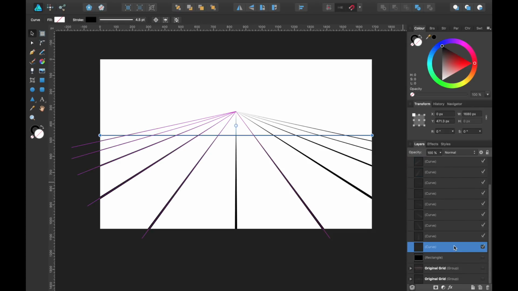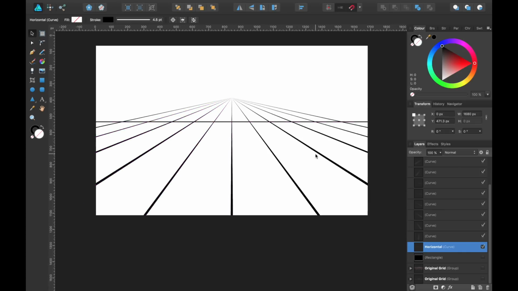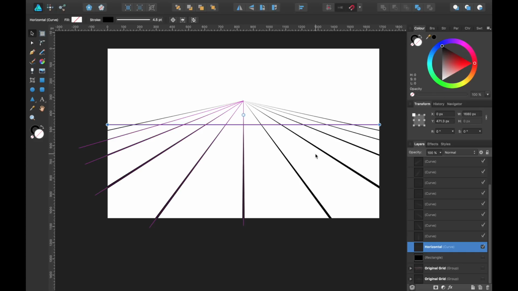So now all we need is the horizontal lines. If we head down here, sometimes it's good to name them horizontal, so you know which is which. So there's our horizontal line. What we're going to want to do now is repeat this, same as we did the others, bearing in mind that we are in the distance up here, and here is more the foreground. I'm going to keep my finger on Command, and I'm just going to click and drag it. That will make a copy of the same shape again. As it's in the distance, yeah, that's alright.